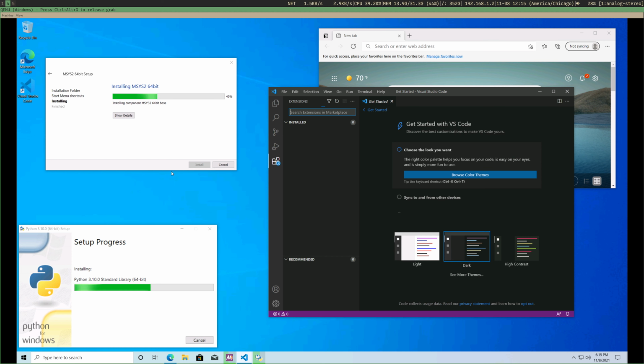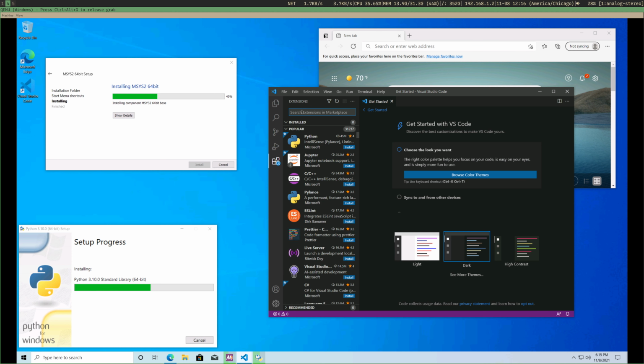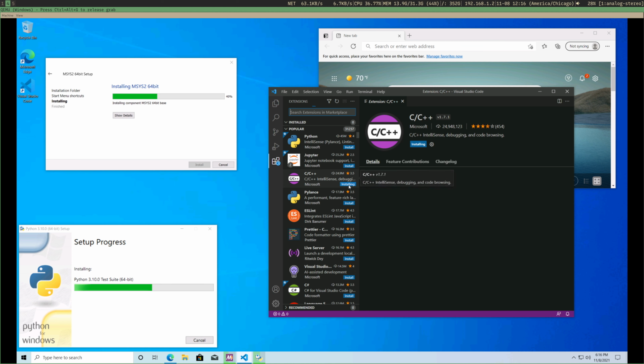So anyway, while these two guys are going, we're going to install some extensions. Extension number one is the C++ extension. I'm not sure we actually need it, but I'm going to go ahead and install it, and we'll configure it to kind of neuter it a little bit because